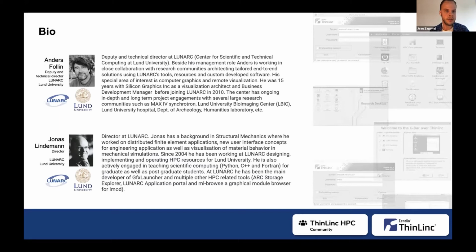Anders Follin is Deputy and Technical Director at LUNARC, and Jonas Lindemann is Director at LUNARC at Lund University here in Sweden. I think they will detail more about their biography during the presentation.